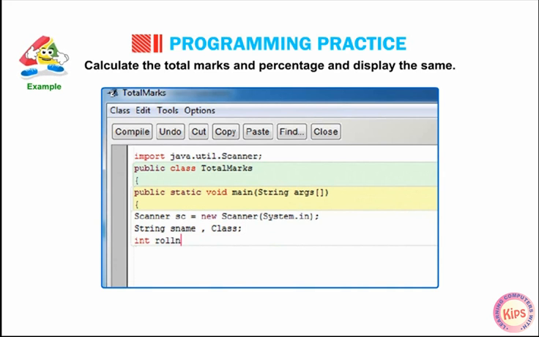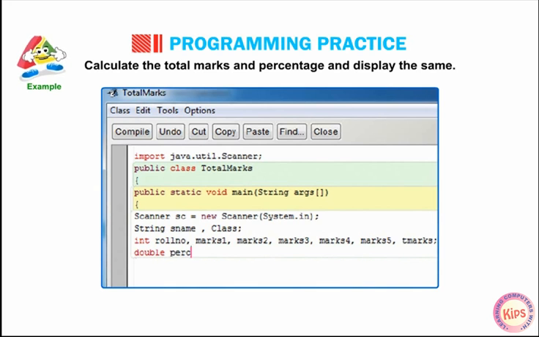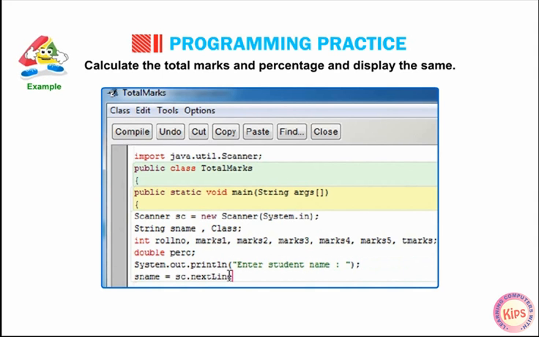int rollnumber, marks1, marks2, marks3, marks4, marks5, totalmarks; double percentage; System.out.println("Enter student's name:"); sname = sc.nextLine();